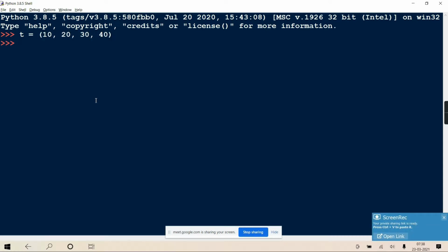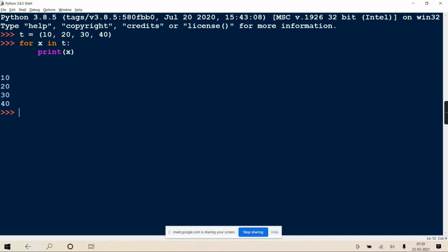So t equal to 10, 20, 30, I have just listed it in a round bracket. Tuple is created. Then a normal for loop, for x, x is a temporary variable, in t, a tuple object which is an iterable object, print x. I'm just printing. If you want to do some other operation, you can do. See, it is displaying all the elements of that tuple.